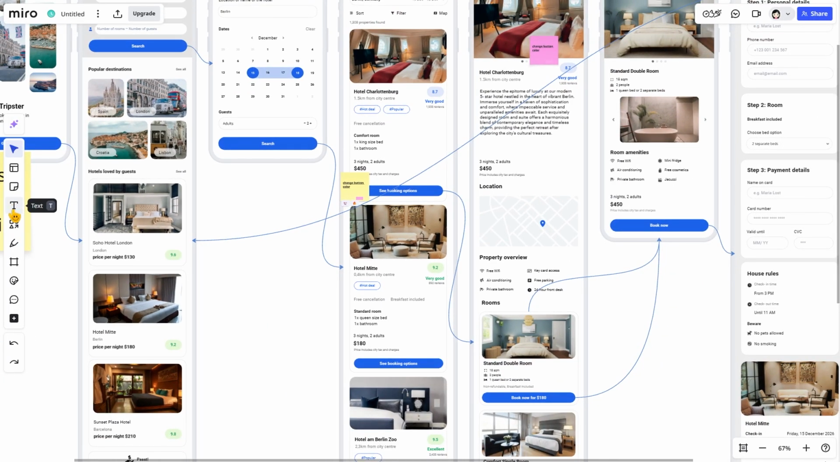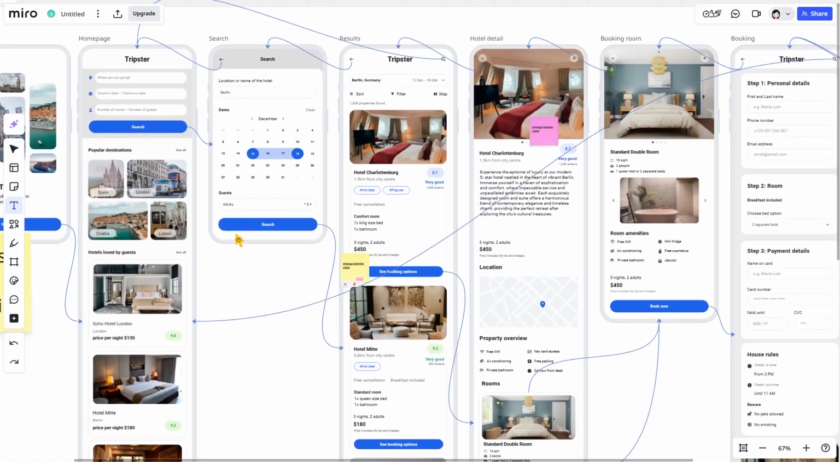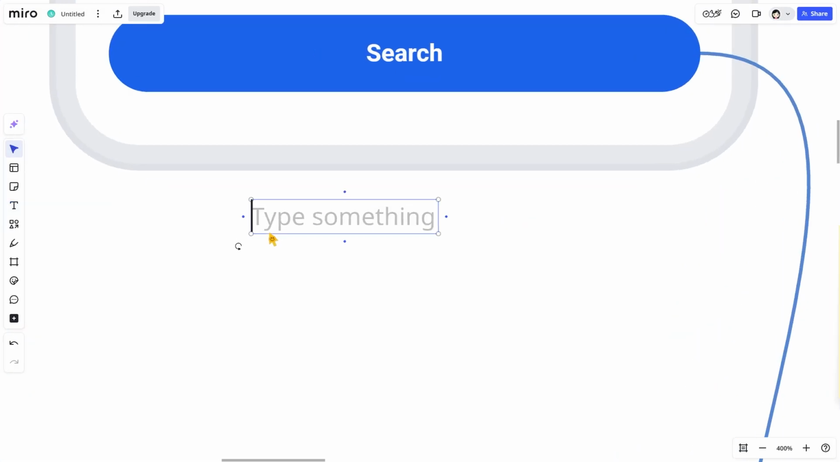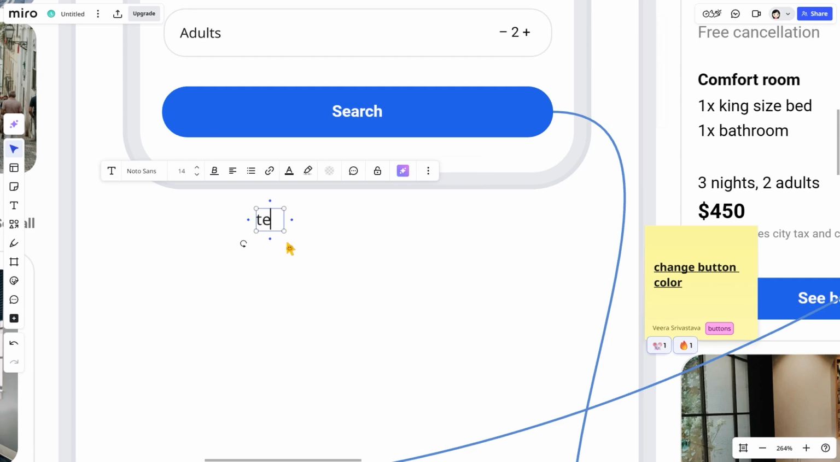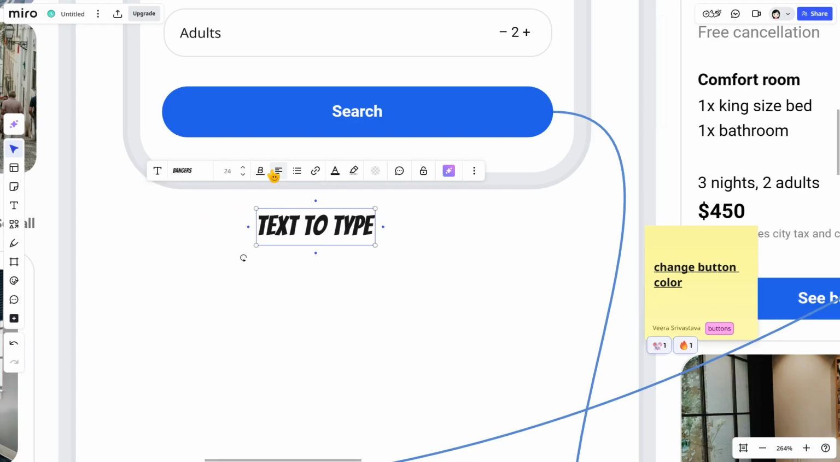Alright, the next thing I want to talk about is the text. Go over here, click T, and you're going to get the option to have text. You can basically add any piece of text you'd like. Let's just type out text to type. You can type out anything you'd want here. You can change the font family, change the font size, make it bold, italicized, or underlined, change its alignment, make it a bullet list, a numbered list, add or decrease the indentation if you're in the middle of a bigger